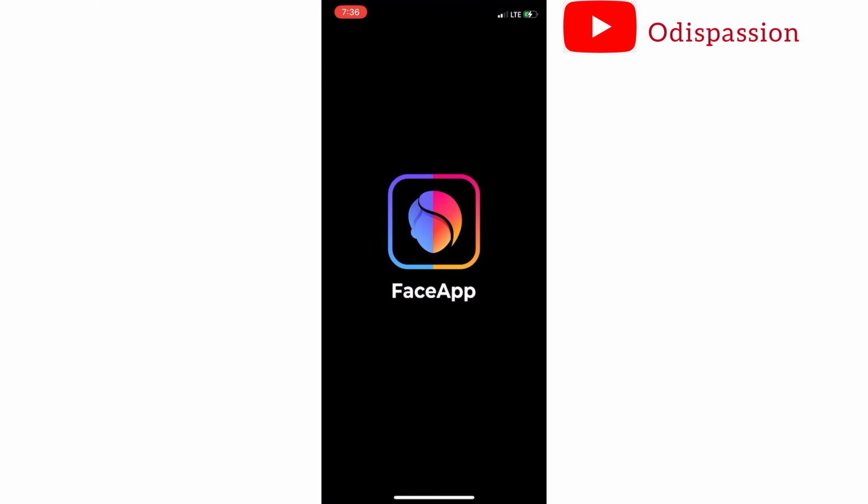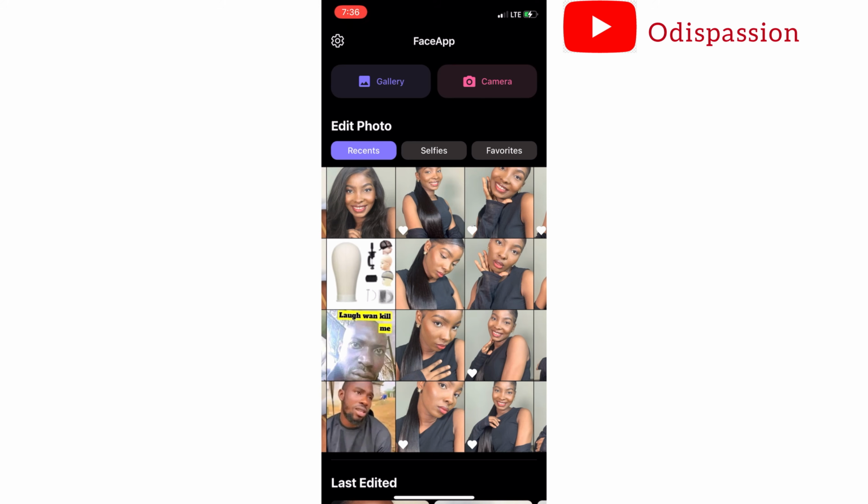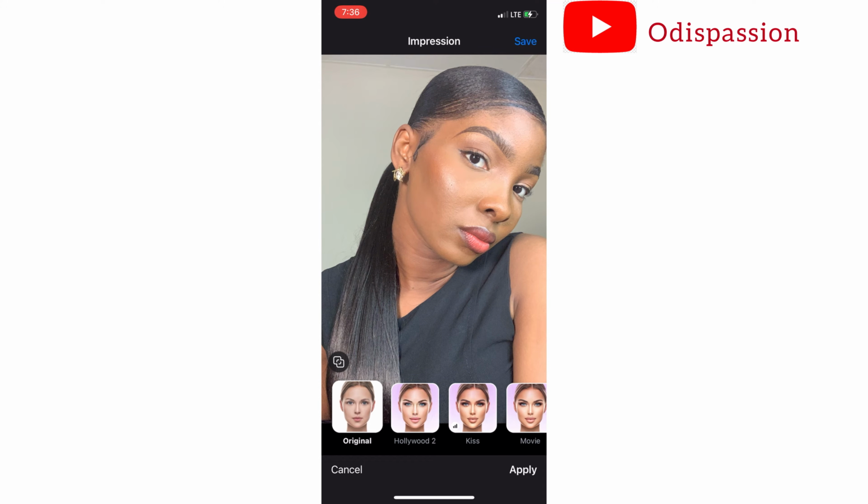So the first editing app I'm going to be using is FaceApp. Once I open it up, I'll likely select an image I want to work on. This menu comes right under here, and I'll click on impression, and I'll see a lot of filters right here. I'll click Hollywood 2. It's a very soft and light filter, and it gives my image this very soft and